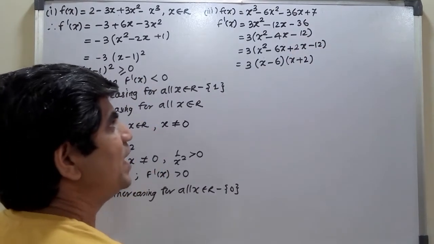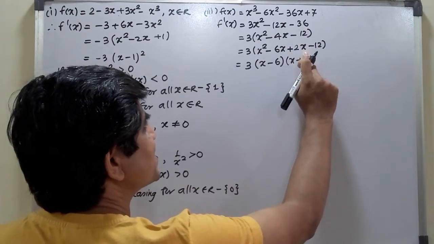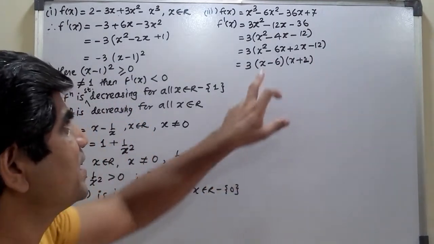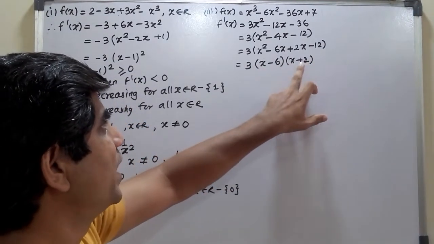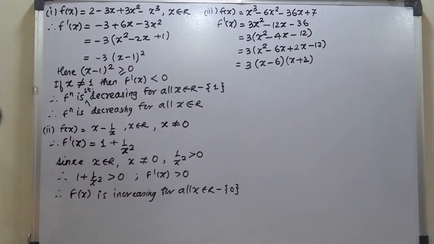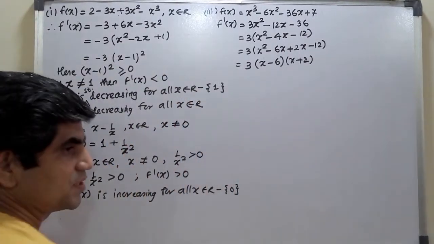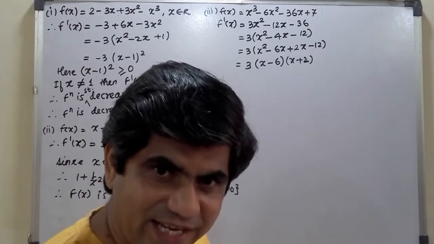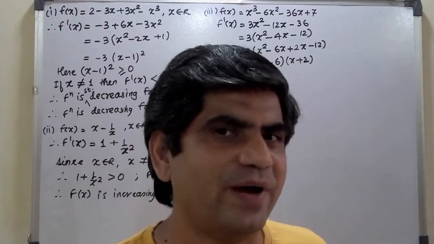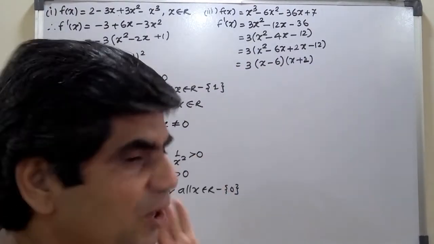So obviously you will get here x minus 6, and this is x plus 2. Okay. So you can cross check it. x square plus 2x minus 6x minus 12. Okay. So you can get the critical point over here. So I am just checking what happens. Now whether it is increasing or decreasing, or for maxima or for minima. In any case, I have to find the first derivative which I have found out.